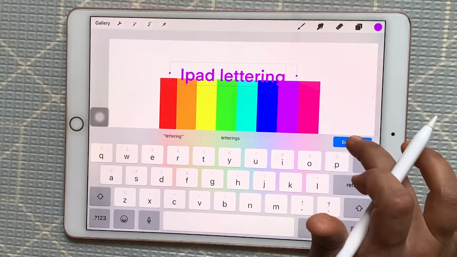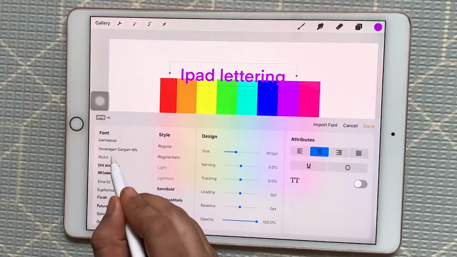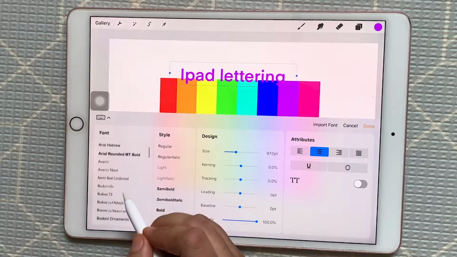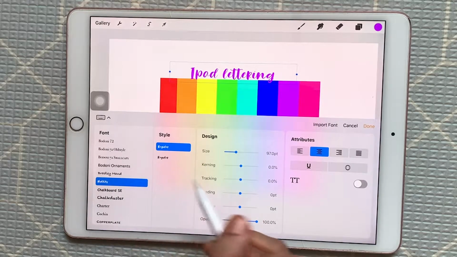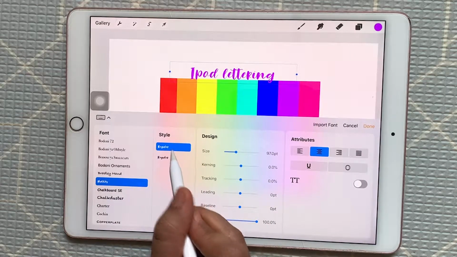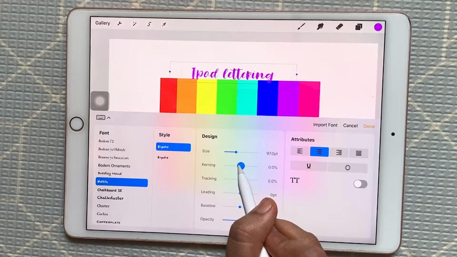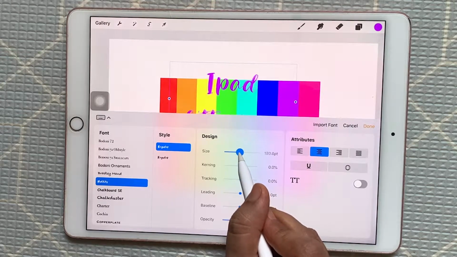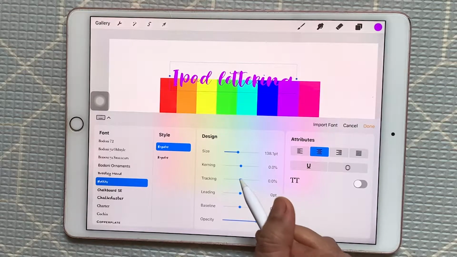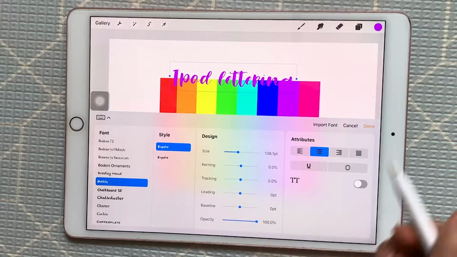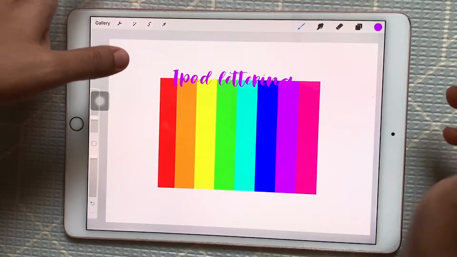If I go to edit style, I'll get all the different kinds of fonts which I have in my iPad, so I can choose a font style. Size of your font you can change from here. So this is what it is.